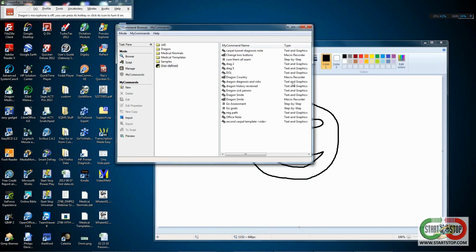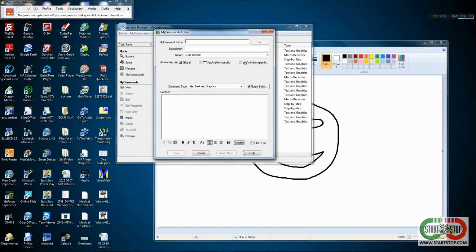Now, try to follow me on this, because it can be a little complex to set up your first one. But if you follow along and do follow these instructions that I'm going to give you, you can set up a master that'll save you a lot of the work that goes into creating this type of template. I'm going to start a new template again, and we're going to make this one a step-by-step. And we're going to call it Dragon Cured 'em All